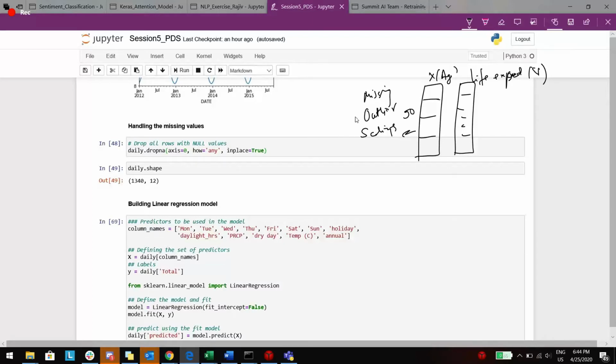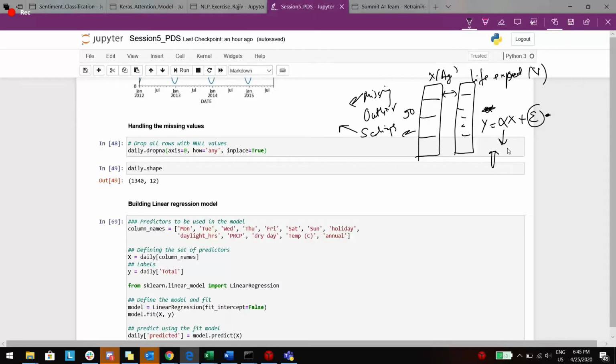So I might have to handle this missing data differently, and scaling will help understand the relationship between my x and y variable. If you don't do scaling, the problem is, when I try to compute the estimates, say I model this as y equals alpha times x plus an error term, the coefficient might be very high if the age is high.